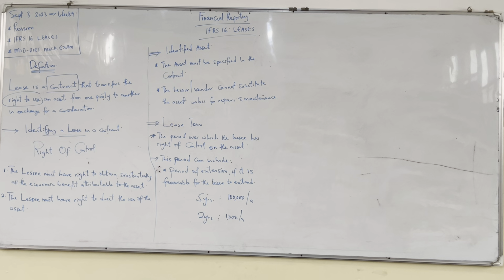So again, there could be a question like that, but I doubt it's going to be here. If there's a question, the alternative way of telling you whether it's favorable or not is to give it in terms of the rent he's paying, right? Like, he suggested that you are paying 100,000 in the first 5 years, and then I say you can extend, but you still continue to pay 100,000, right?